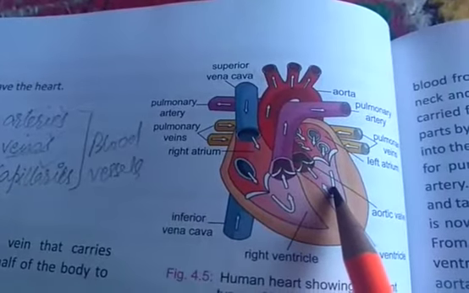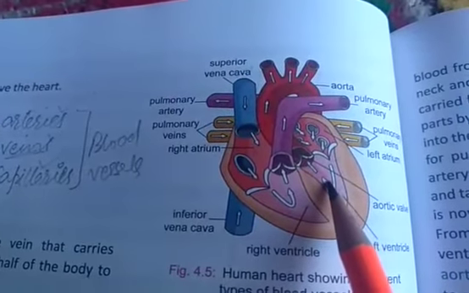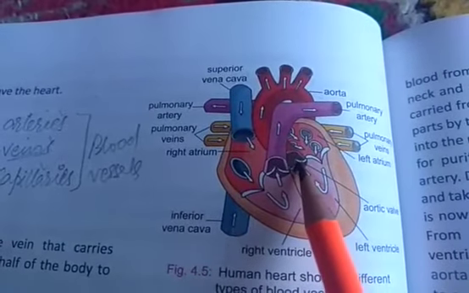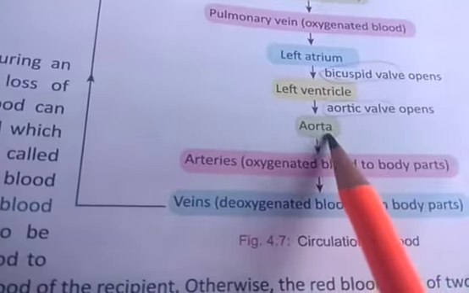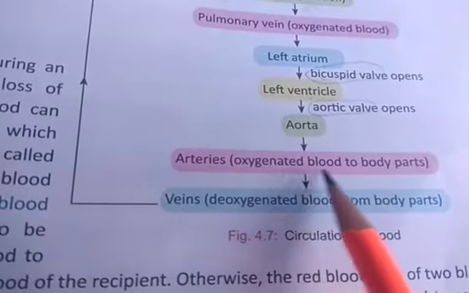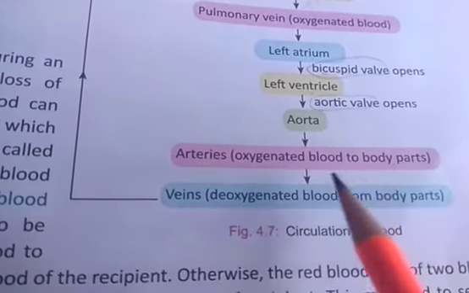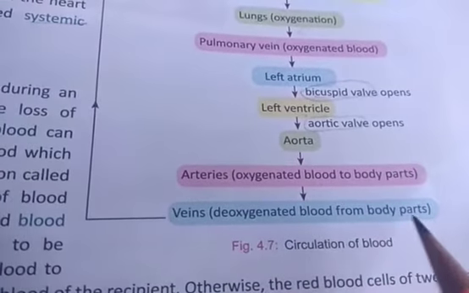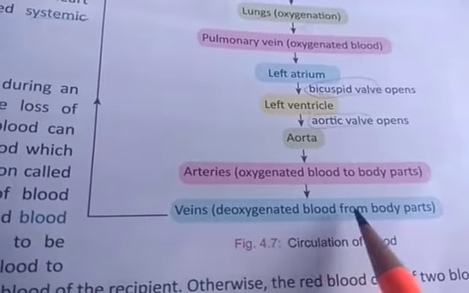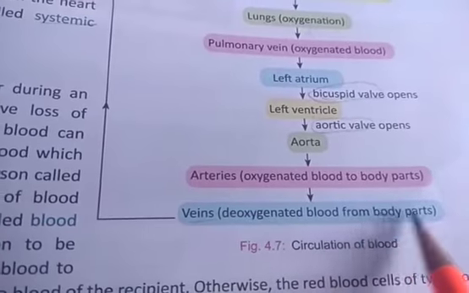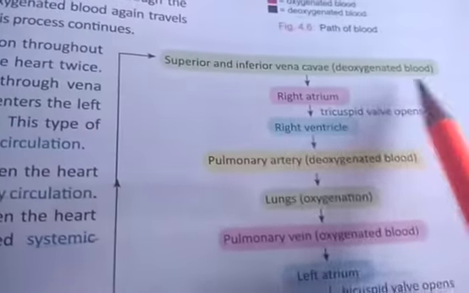So from which ventricle? The left ventricle, the blood will pass through the aorta. So basically there is also a valve, and such a valve is called the aortic valve. Passing through the aorta, it will be further divided into arteries, and oxygenated blood will go to different body parts, and from the different cells they will take the oxygen and produce carbon dioxide, and that carbon dioxide will be loaded again into the blood, and with the help of the veins, the deoxygenated blood from the different parts of the body will again go towards the heart.